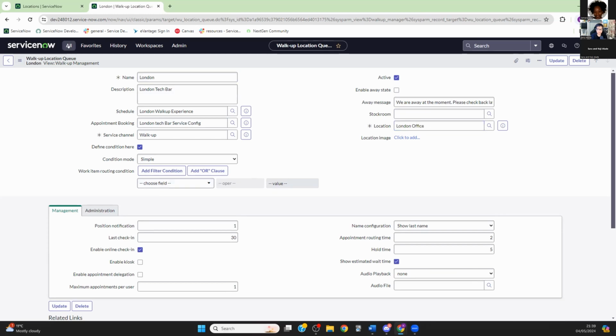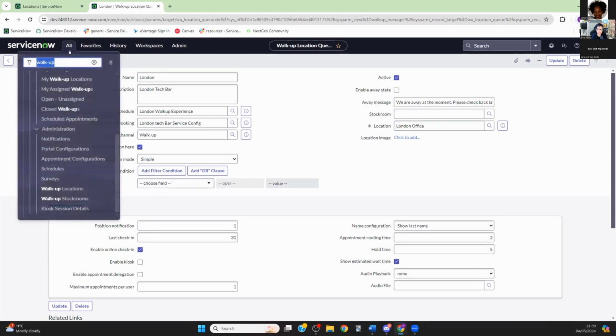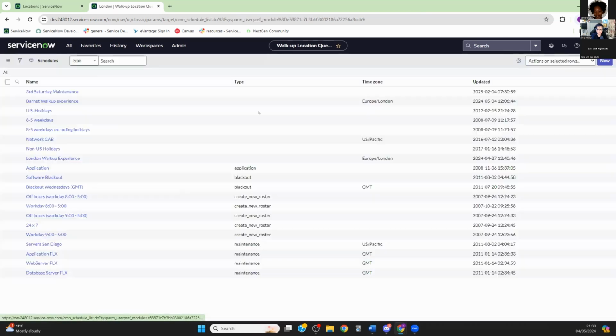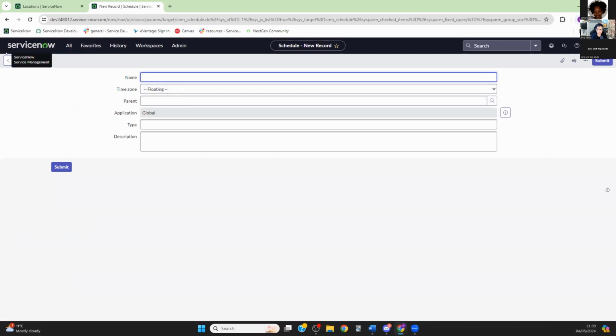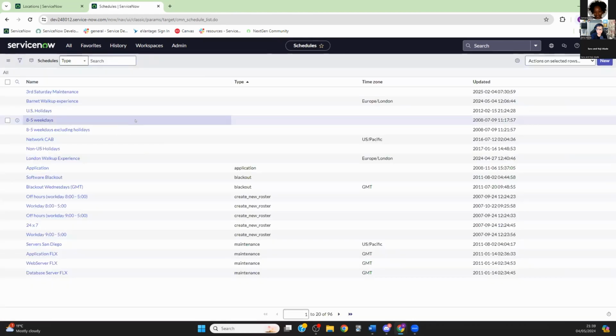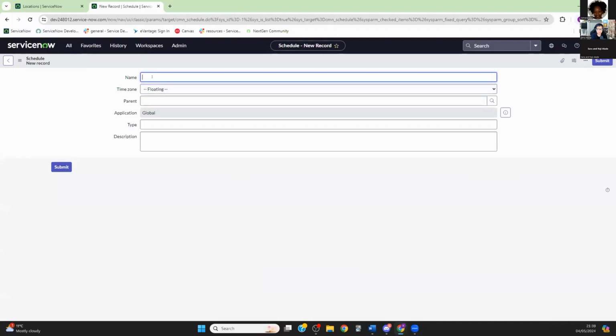So I am going to start with the schedule. We've gone to the filter, just type in Walk-up and go to schedules. And we'll create a new one. Now, in the schedules, before we go on, because they have so many schedules, you could just pick one of them if you want. What I will do is create one just for the weekend, just to do something different. So I will call it,